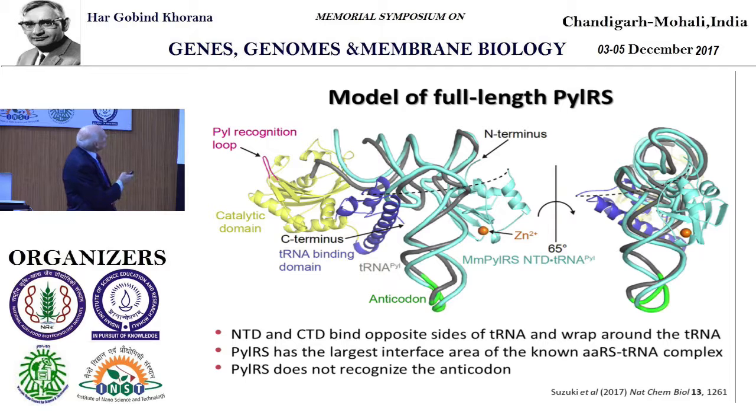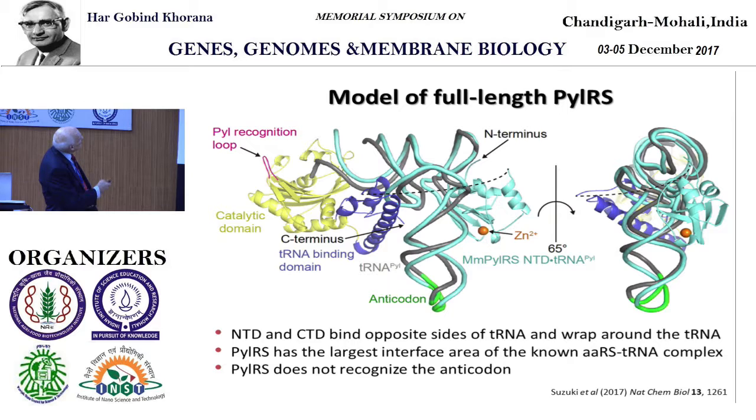So this then is a model of the full-length enzyme, because we were absolutely insistent, and Tateki Suzuki tried everything there is for several years to come up with a structure. The PANZER and the PACE mutations were all in the N-terminal domain, and since nothing was known about the N-terminal domain, we finally had to get to it. So we had a crystal structure that requires zinc in it, which we didn't know before. And then we could do it.